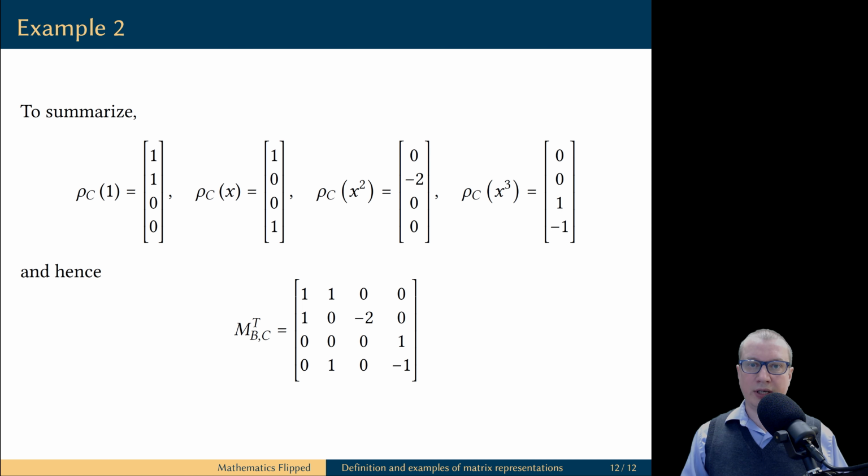Now, at this point, it's not yet clear how this matrix can be used. For example, in the case of the column vectors, the matrix representation had a very practical use. To compute the linear transformation was the same as to multiply the vectors by this matrix on the left. But this is not quite the case in general. We can't multiply a polynomial by this 4 by 4 matrix. So why would we even bother computing this kind of a matrix? I will answer these questions in the upcoming videos.